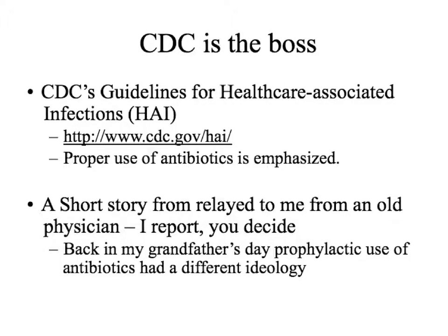Everyone knows the CDC is the boss. So the CDC actually has guidelines for healthcare associated infections, and you can go to this link and just go through. It's got a bunch of information, so much information you'll be blown away. You'll be like, wow, this is prophylaxis. I cannot believe this. Now, just to kind of give you an idea of the paradigm shift in using prophylaxis,